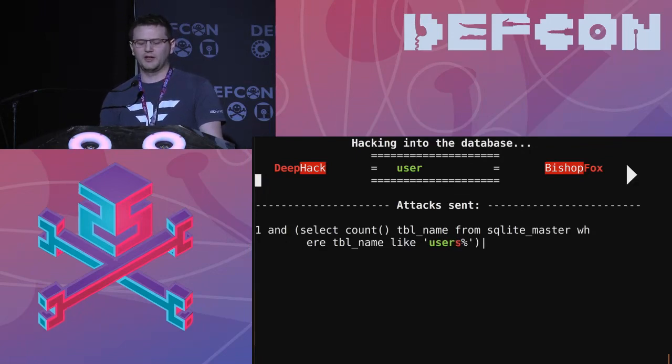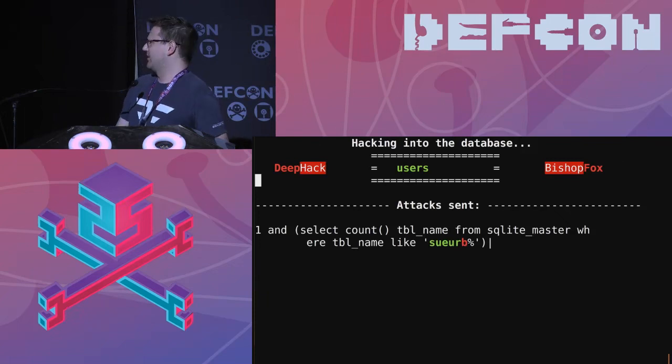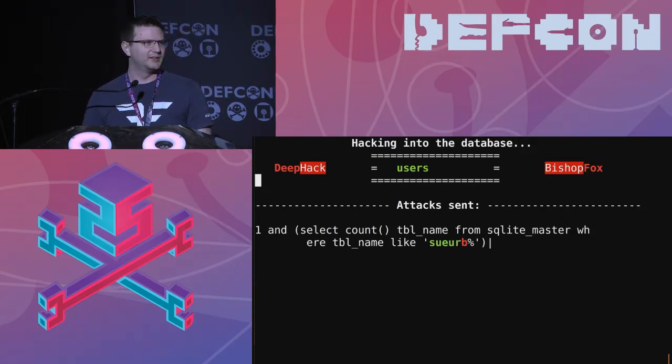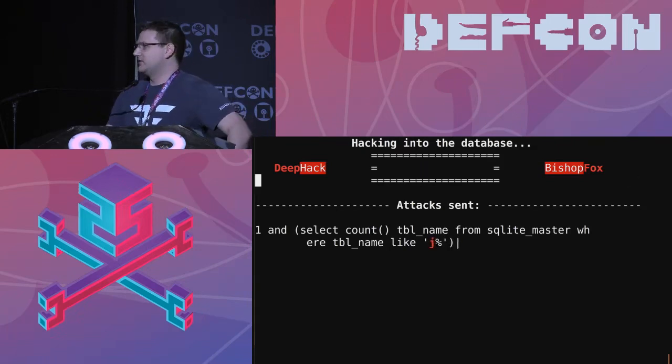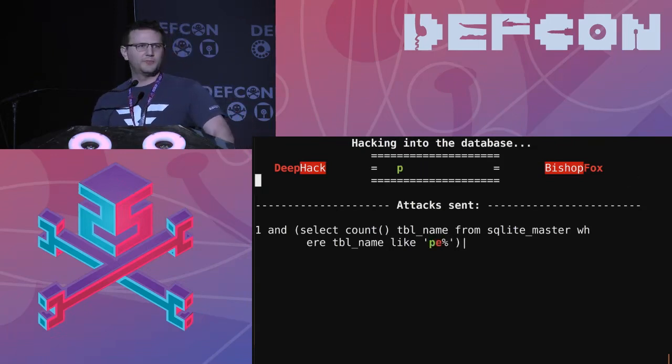And you can see in a couple of cases there it starts to kind of freak out a little bit, and that's not what you would expect it to be doing. We're actually going to come back to that a little bit and explain exactly why the tool doesn't always work exactly how you'd expect it to. And it can continue on this process, brute forcing character by character, stealing information out of the database until it has basically the entire thing.